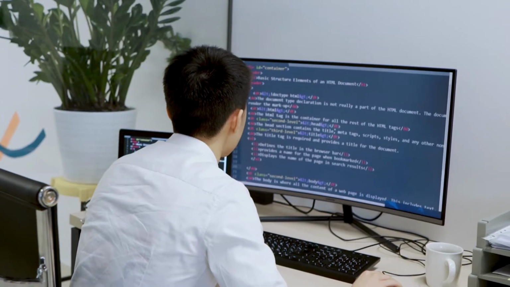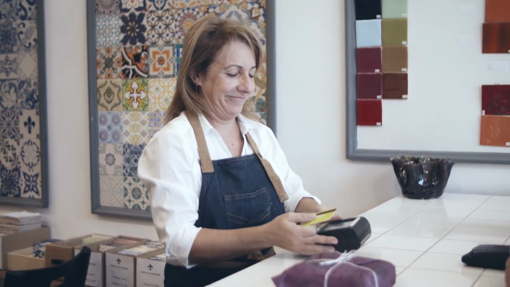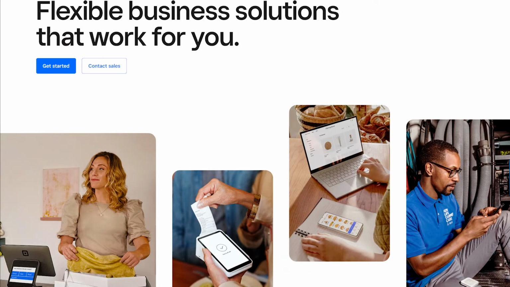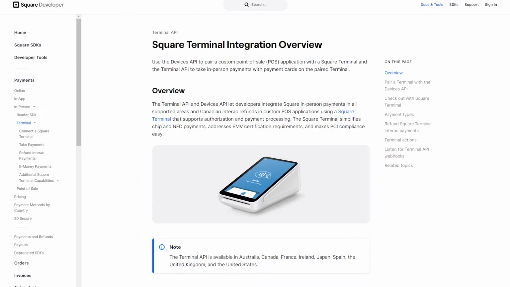Are you developing a mobile app for a business that needs to accept credit card payments for their physical goods? Then Square is a perfect solution, being trusted by millions of businesses. Today, I will show you how easy it is to add the Square API into your Flutter